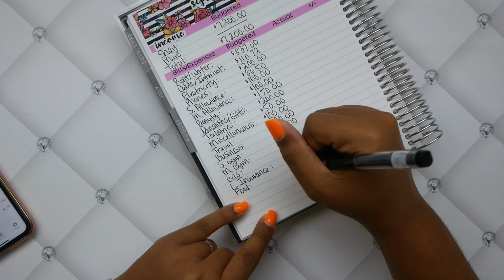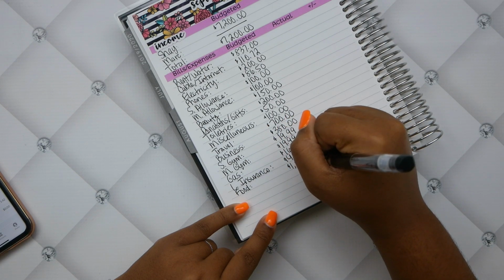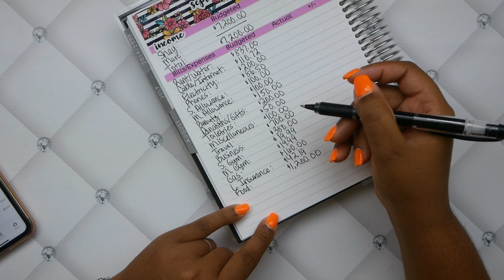And for food, I am doing the Jenny Craig situation. And this is going to be a lot of money. Like, you're going to be like, girl, what? But I'm trying to budget for...